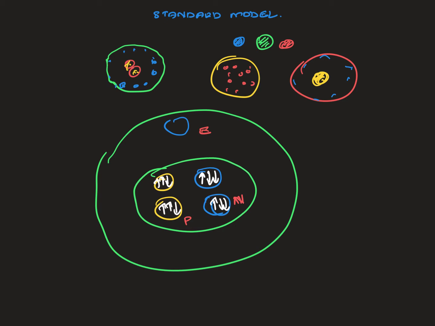You would see that protons have 2 up quarks, called up because you can see it's upward, and 1 down quark. And neutrons have 1 up quark and 2 down quarks. We know that a proton has a relative charge of +1, a neutron has a relative charge of 0, and an electron has a relative charge of -1. So these quarks have charge, because we know that a proton has 2 up quarks and 1 down quark.